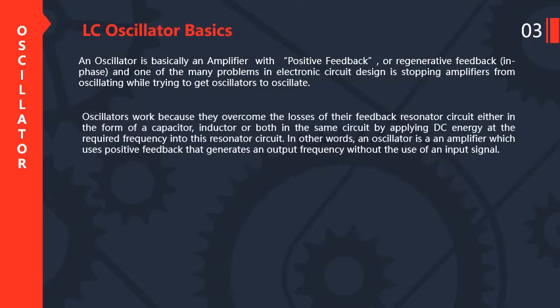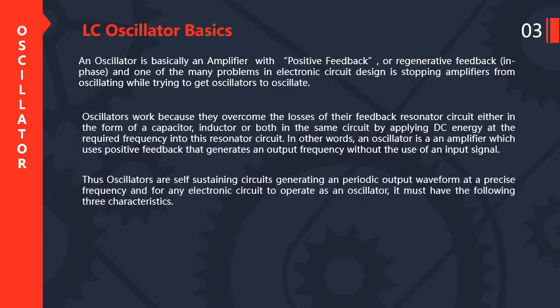Oscillators work because they overcome the loss of their feedback resonator circuit, either in the form of a capacitor, inductor, or both in the same circuit, by applying DC energy at the required frequency into this resonant circuit. In other words, an oscillator is an amplifier which uses positive feedback to generate an output frequency without the use of an input signal. Thus, oscillators are self-sustaining circuits generating a periodic output waveform at a precise frequency,